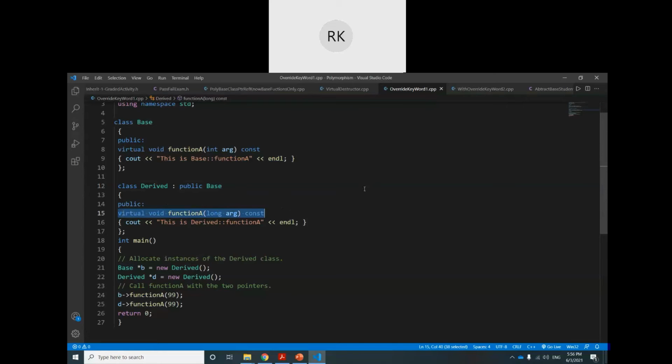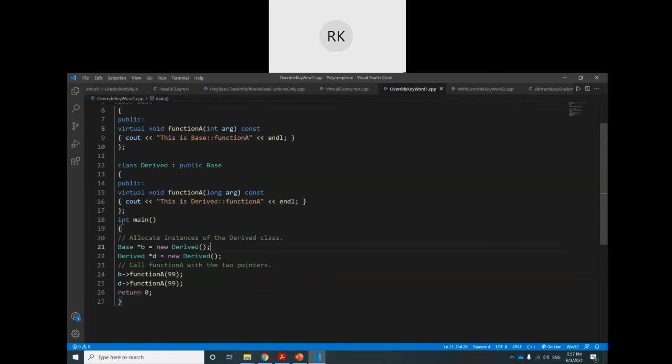So when there is the same name and a virtual function, we expect overriding. Overriding means we expect that the compiler will decide at runtime. There should be polymorphic behavior, and there will be dynamic binding. But actually here is a small problem. This function has a long argument. This function has an integer argument. The function names are the same.